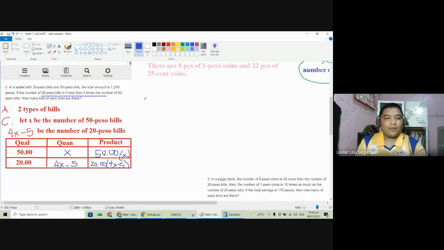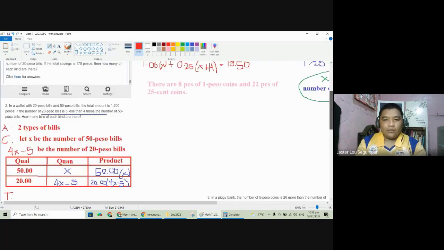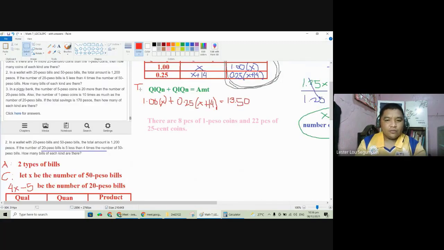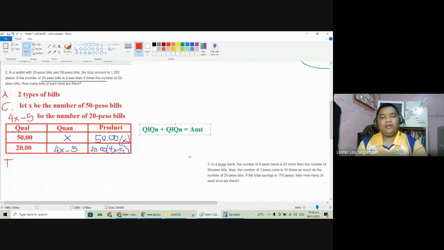This is now the time that we could translate once we are done with the table. And when we translate, again, we will be using this notation, because we are given here a total amount. By the way, we are not given a situation like the value of the 50 peso bill is equal to twice, like that. We are just given the total amount. So it's more like this. Total amount: for the first, you will have here 50